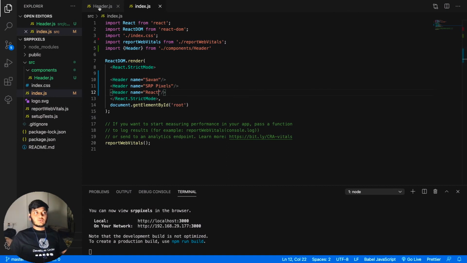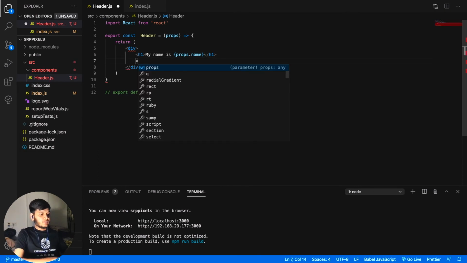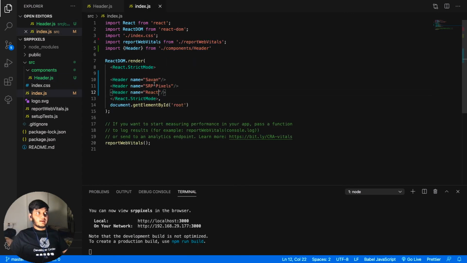You can also pass many more props, like if you want some different information. Here in the div tag, we'll be mentioning the passion of the user. So here we'll be mentioning props.passion. Simple. And here we also have to mention that props and pass the details.